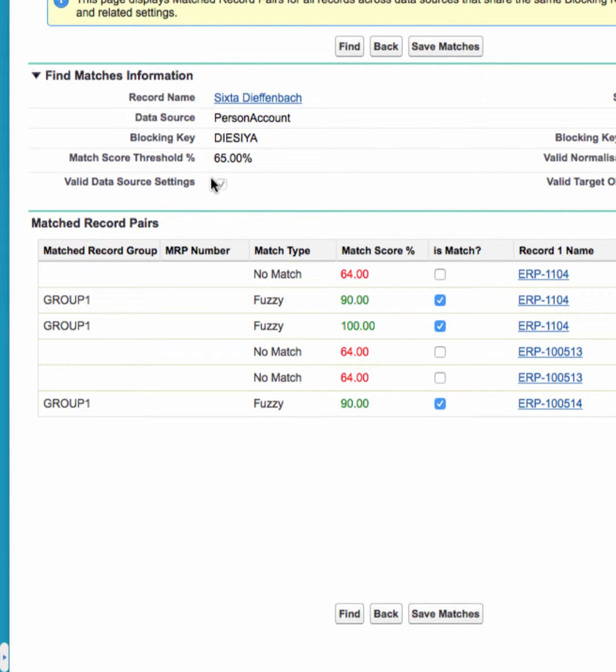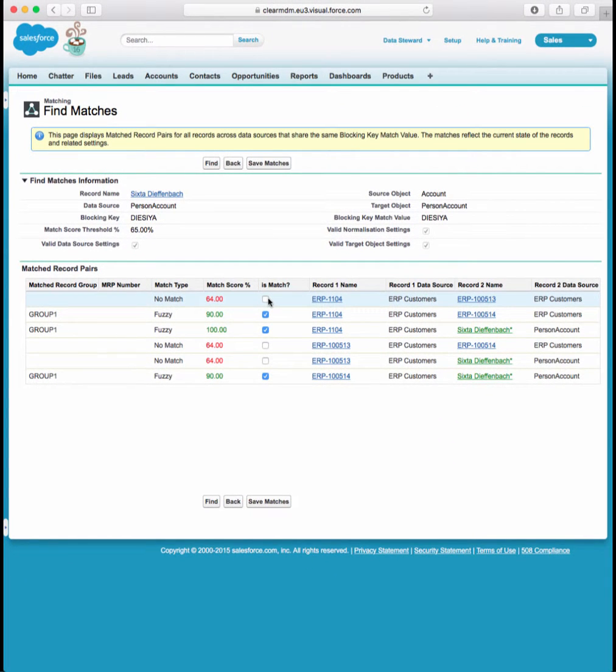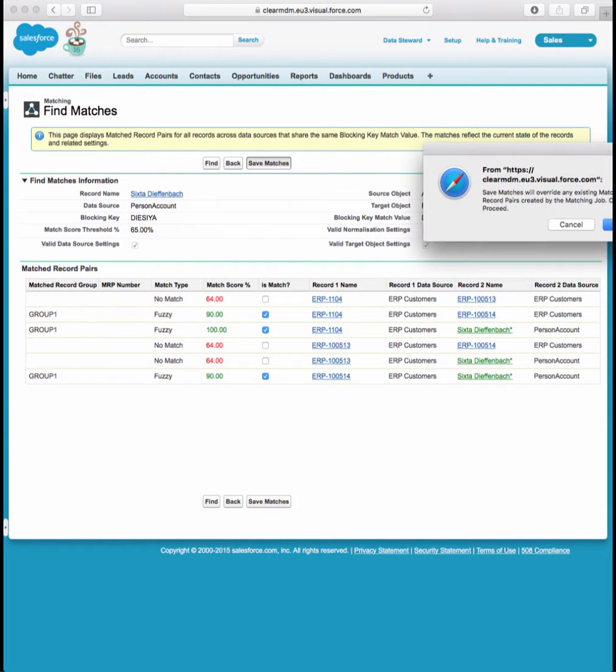Here we can see the matching score threshold of 65%. A number of matches have been identified using fuzzy logic, and a number of records that match perhaps the blocking key values but aren't deemed to be matches. We get that complete picture established here. Of course, we can overwrite the status of the match if we wish to do so by ticking the box. But if we've performed this kind of matching, and we identify that there are a number of duplicates here that we wish to deal with, if we save the